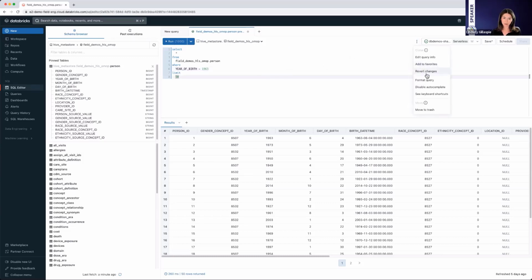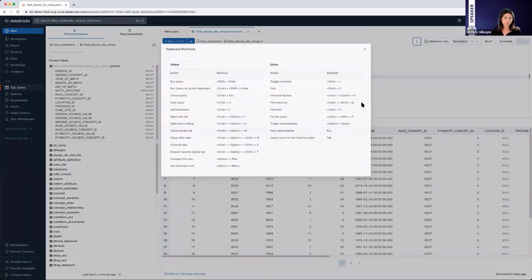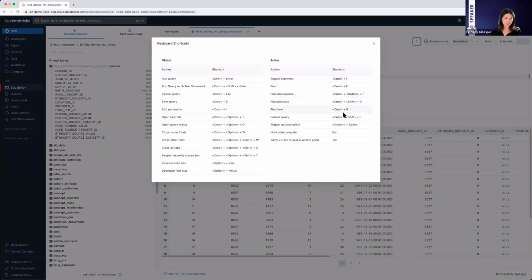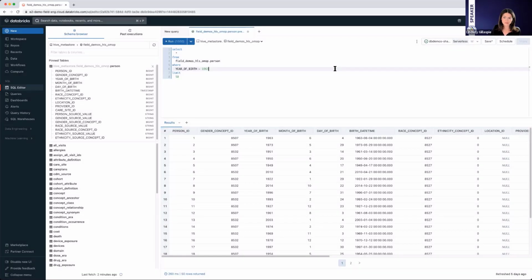You can also always come back here and see what keyboard shortcuts you have. This is based on your operating system. So for me, formatting the query is Command-Shift-F, and I can always come back to see what the other ones are. All right, and another thing is, so right now, Databricks went ahead and added in a limit of 50,